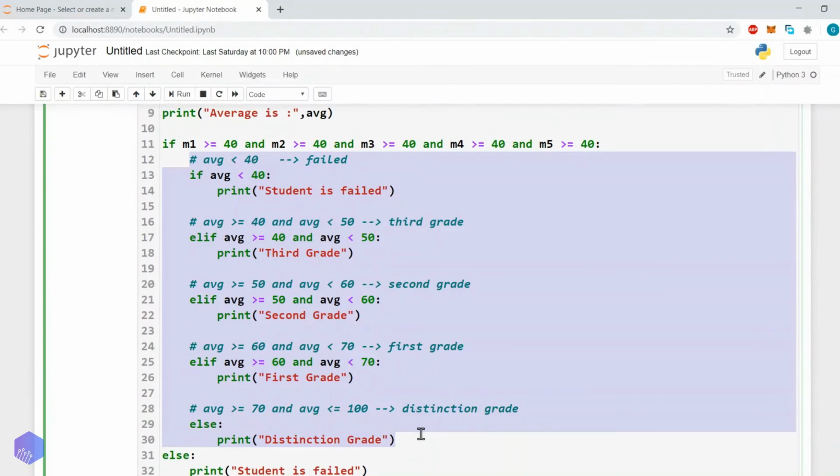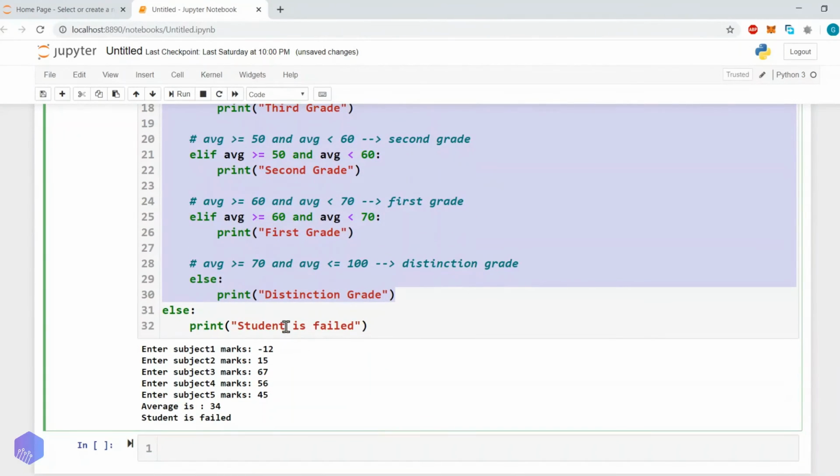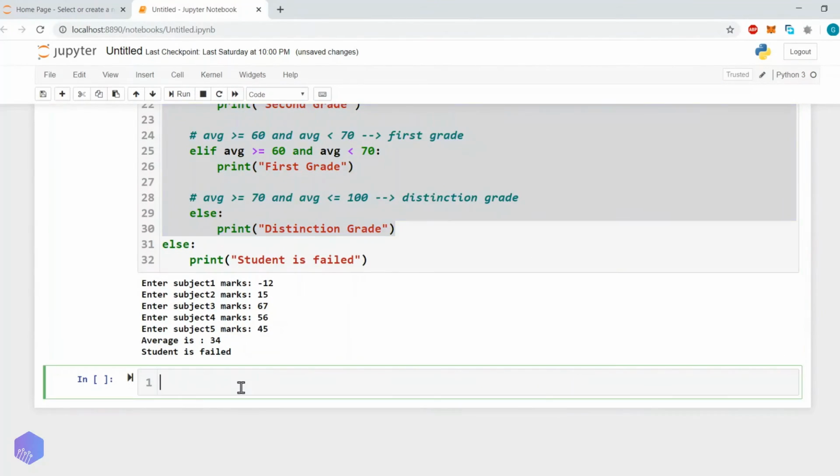Why? Because this if condition on line number 11 will be false. Okay, clear with this? So this is how if, then if else, then else if, or you can say nested if can be implemented.